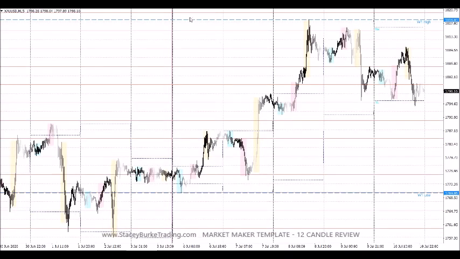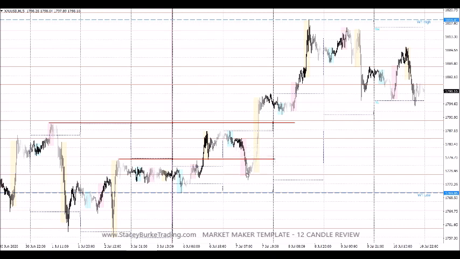Now we're looking at gold. So same thing. We have the high from the previous week. Our pink line is Monday. The market breaks out from Thursday's high,